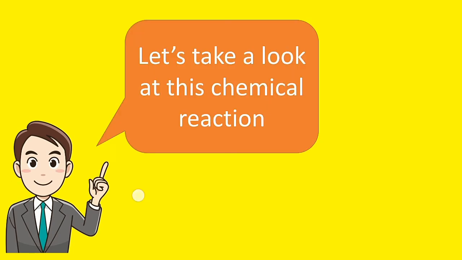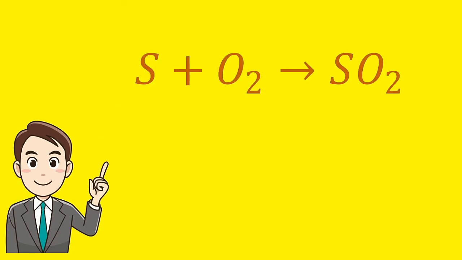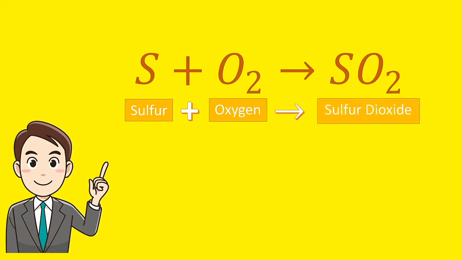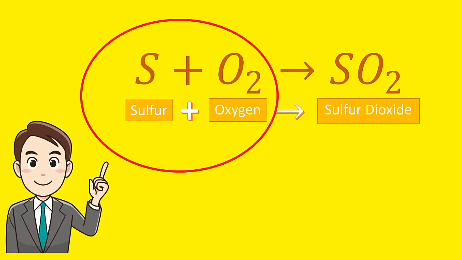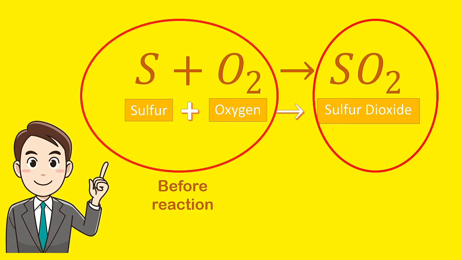Let's take a look at this chemical reaction formula of sulfur and oxygen. S plus O2 is equal to SO2. On the formula, all the substances, sulfur and oxygen plus sulfur dioxide, are substances. On the left side of the arrow, S and O2 are substances before reaction, while all substances on the right side, where SO2 or the sulfur dioxide is, are substances